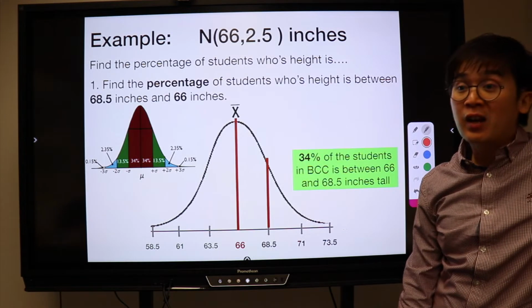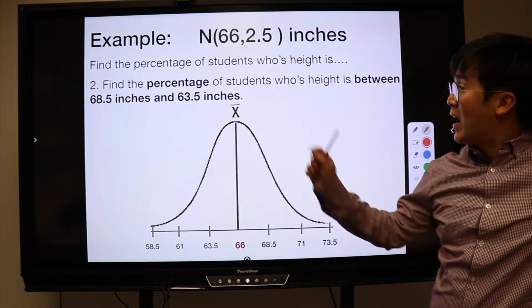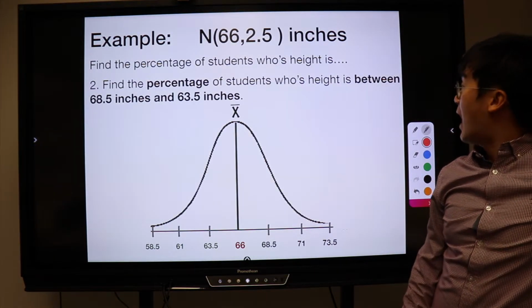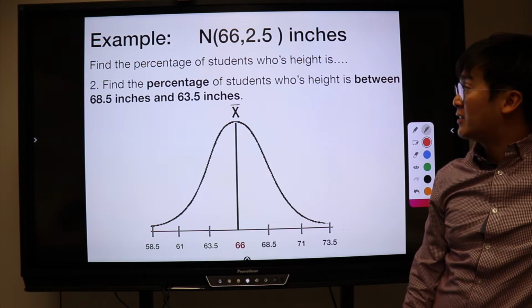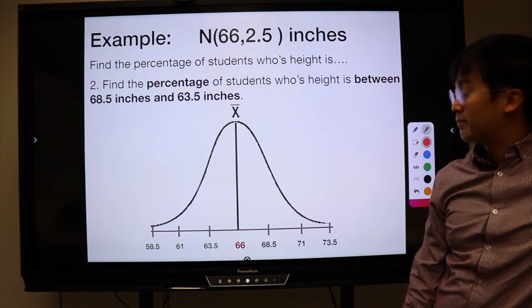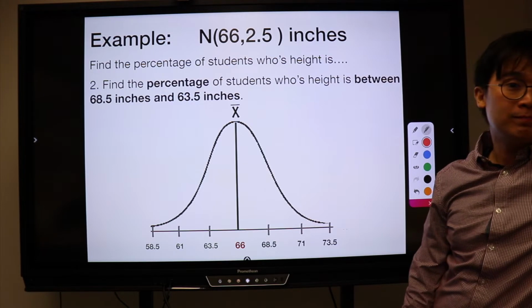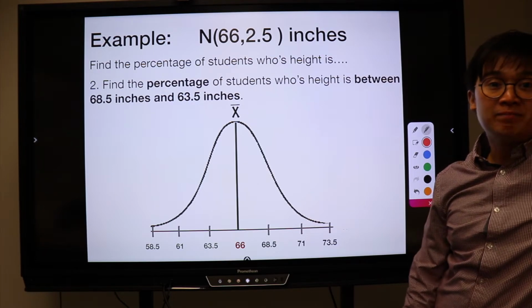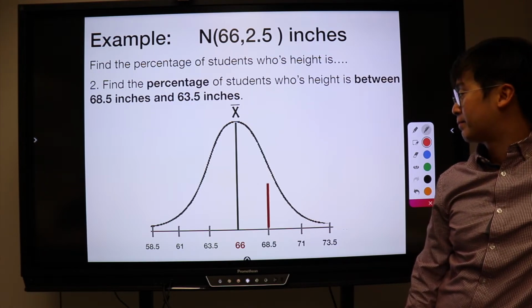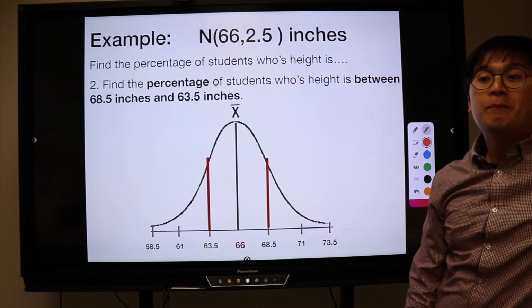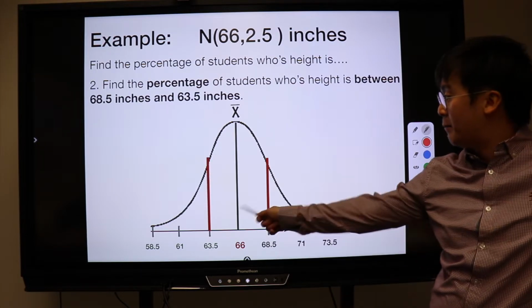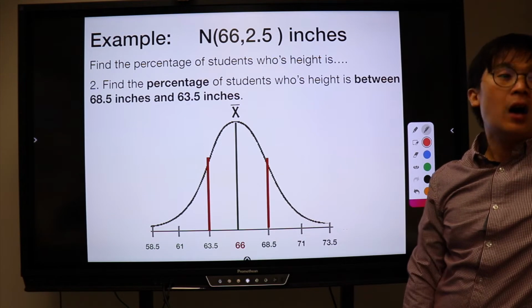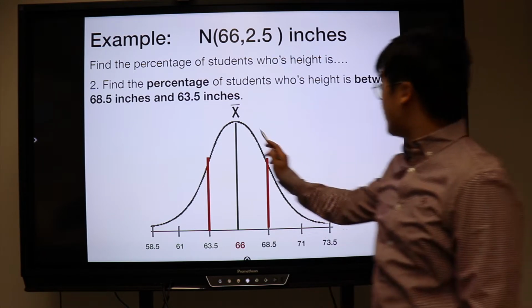So, let's try another one. Find the percentage of students whose height is between 68.5 and 63.5. 68%. Hmm? How did you get 68%? Because it's the middle. And what do we know about the middle? The whole thing is 68%. So this much right here